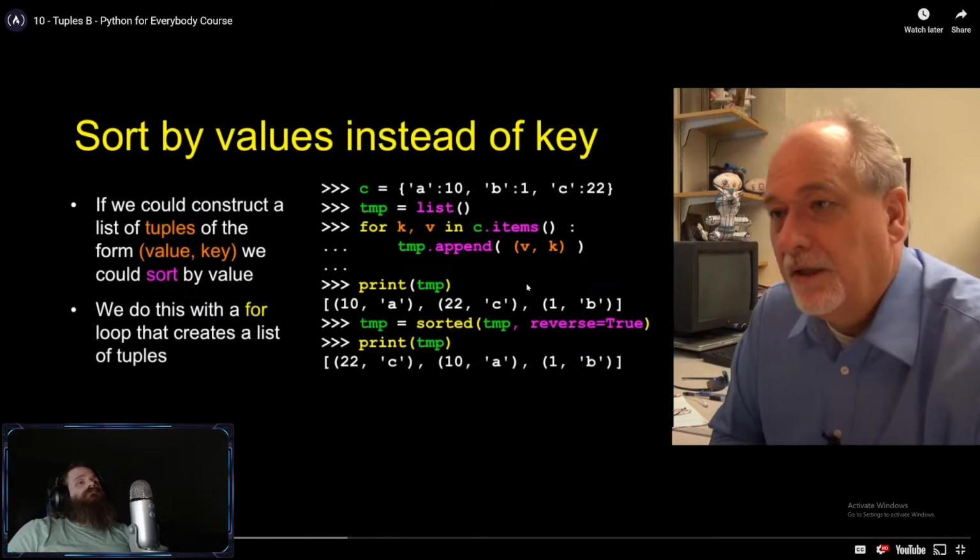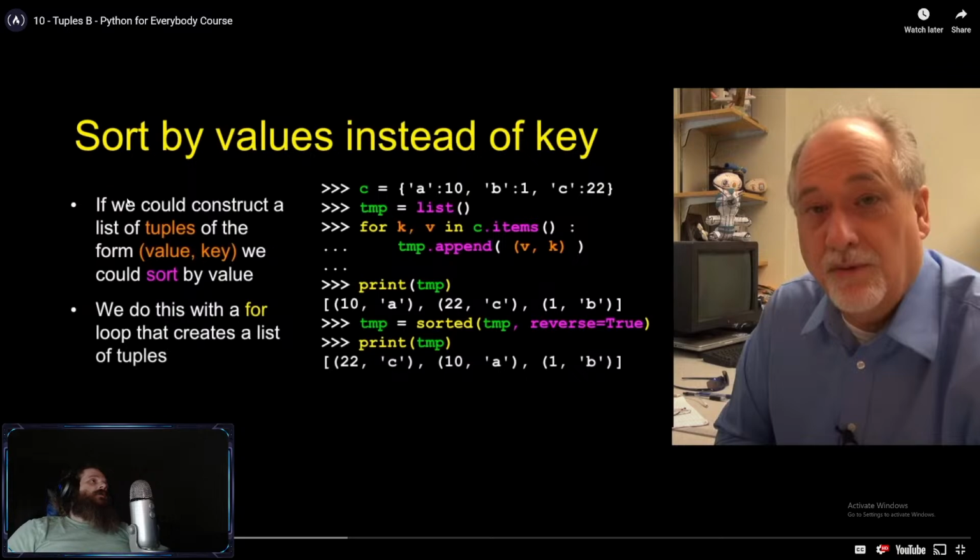But let's say we want to sort by values instead of key. If we could construct a list of tuples of the form by key, we could sort by